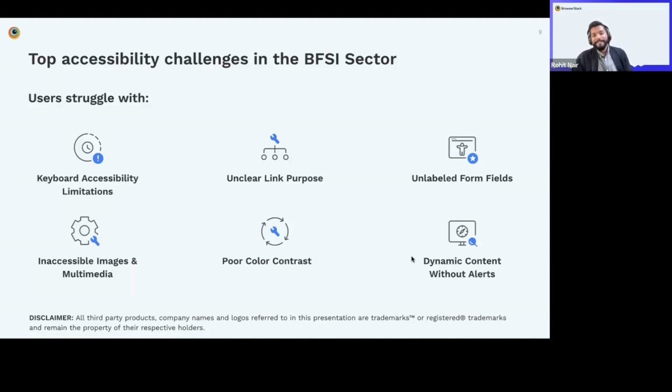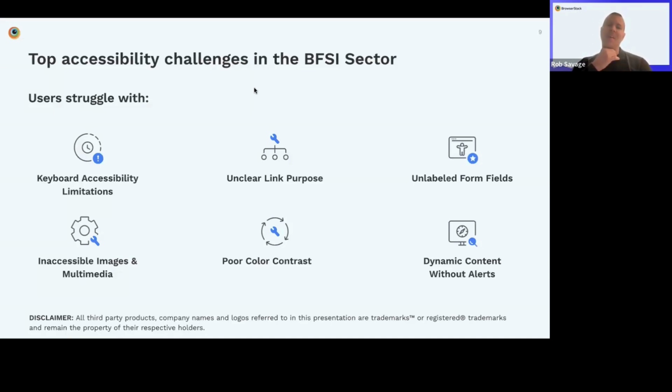I can see a few of these aspects already on the screen. You're speaking about some unclear link purpose, poor color contrast. But I think a practitioner like Rob will be able to give us a bit more insight into what he's seeing in the trenches, and how he looks at it from a leadership standpoint.